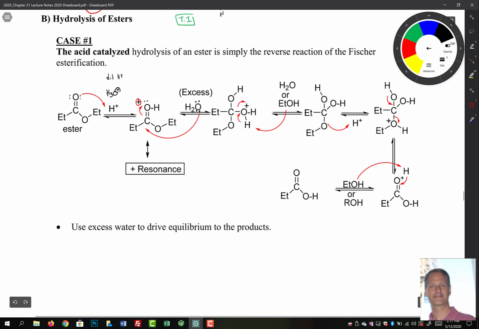Right, so we're going to swing over here, and that's going to give us this. And then we'll do a deprotonation with either ethanol or with water there. So water being in ample supply. Now, what that will do is that will give us this kind of hydrate intermediate. Right, and then we will protonate the EtO group. That'll put a plus charge here on our oxygen. And then we're going to swing down a set of electrons here, just like so. Right? And then over here to our oxygen to give us